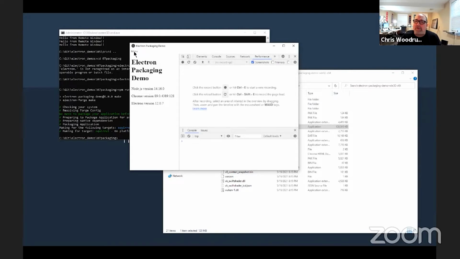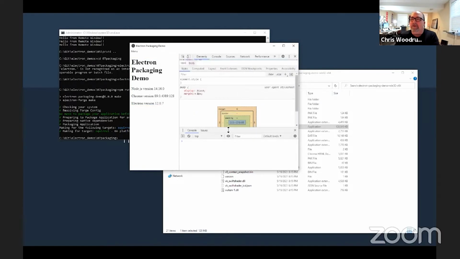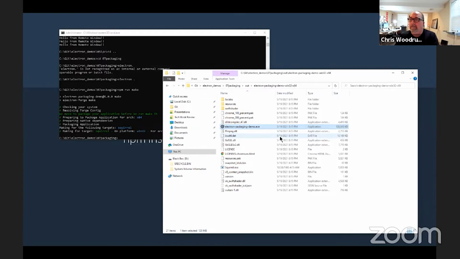So I would actually probably not allow your end users, once it's packaged up, the ability to open up the Chrome DevTools, but I do it just to show that you still get everything in here. So it proves that this is still just a chromeless Chrome browser, even if it's in an exe format.